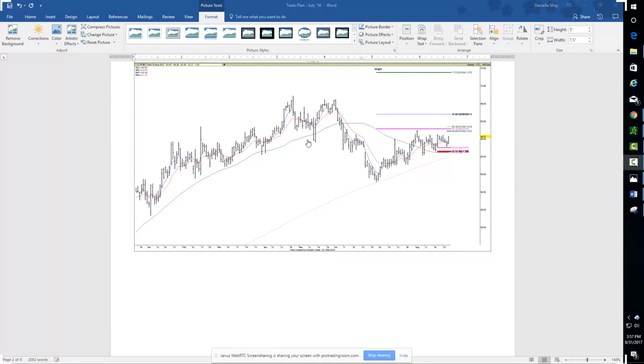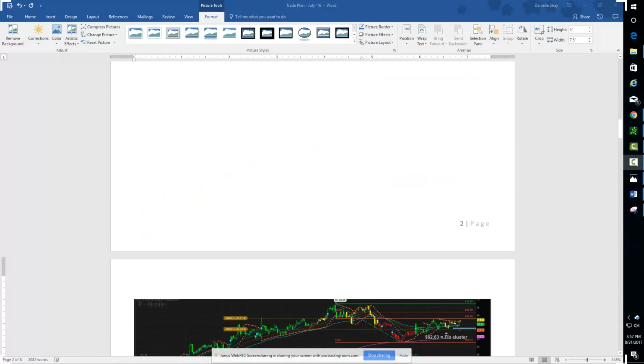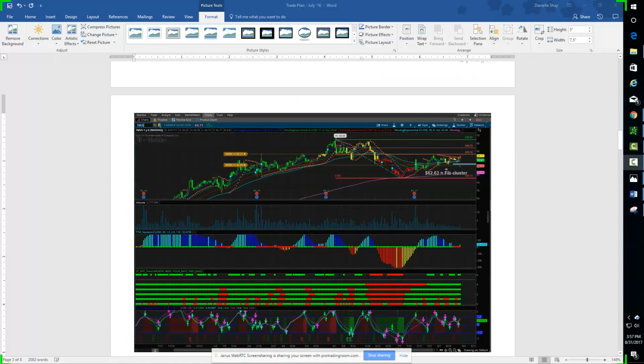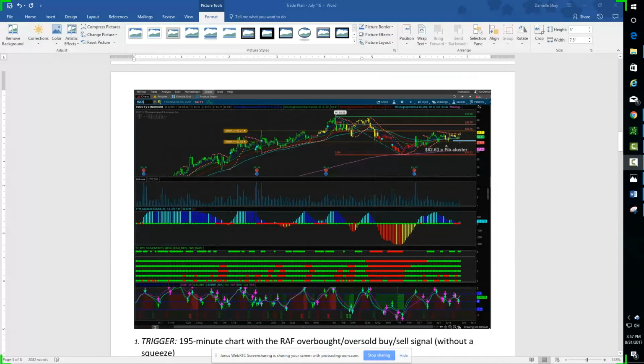This is one of my favorite setups, when you have the Fib cluster setup, and then on top of that, when I roll over to my charts I can see that we have a confluence of essentially John's work. So we have a squeeze setting up. Here's the cluster right here. And we also have the ready, aim, fire. So right here we have a combination of David's work, John's work, Carolyn's work, all kind of coming together on one chart. So when I say I trade like a mix of everyone, that's exactly what I mean. So this is one of my favorite setups.